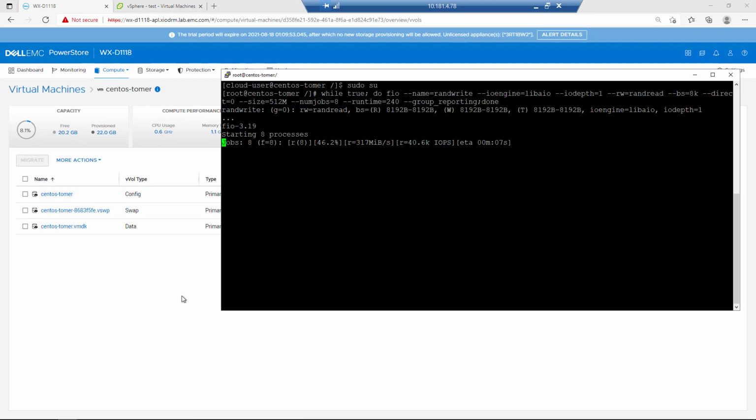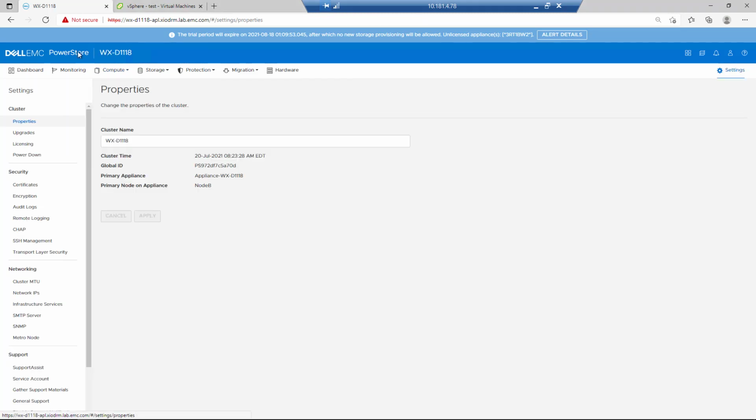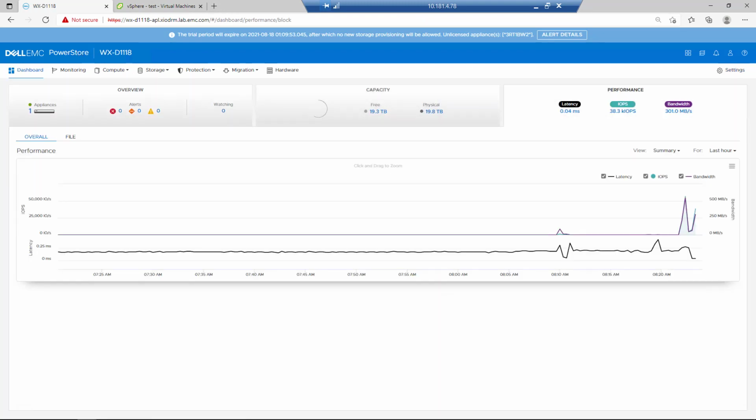Now, let's generate some storage workload using the FIO tool that I installed on that virtual machine. By going to the main performance tab, we can see the total performance at the array level. If we navigate to the specific VM and select one of its disks, we can get live performance metrics of that disk,